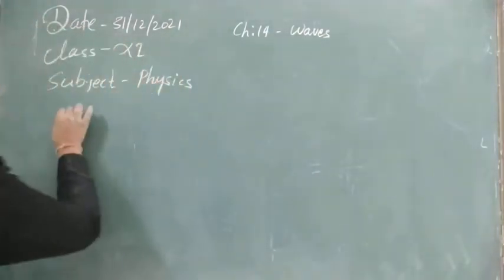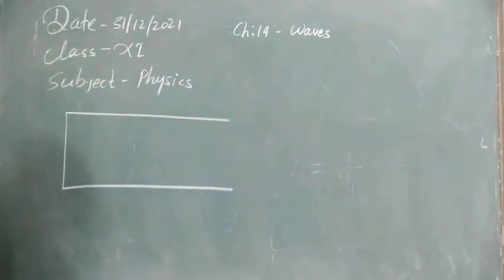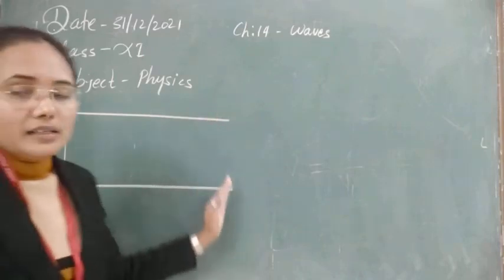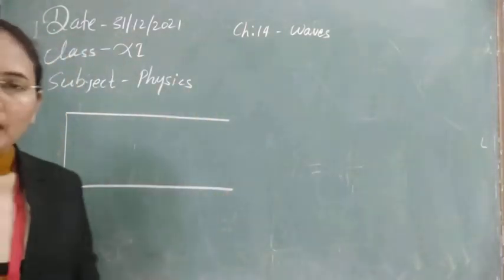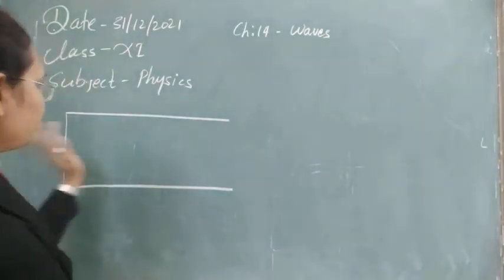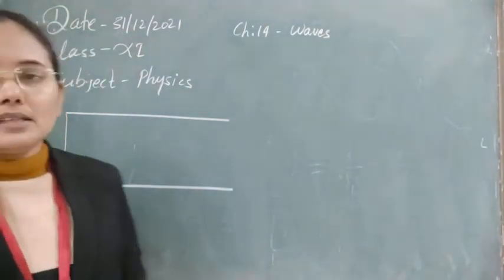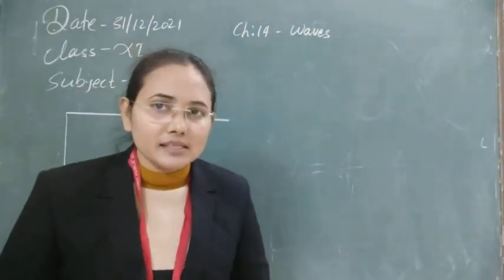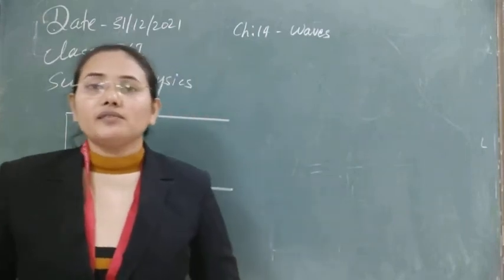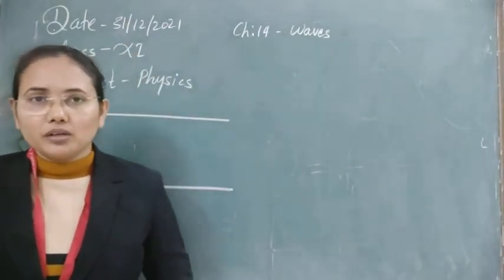If you see this diagram, this is the diagram of the organ pipe, where one end is closed and one end is open. If both ends are open, if this end is also free and this end is also free, just like the example of a flute, then this is known as an open organ pipe. First let's see our calculation of frequency for the open organ pipe, then we will discuss the closed organ pipe also.